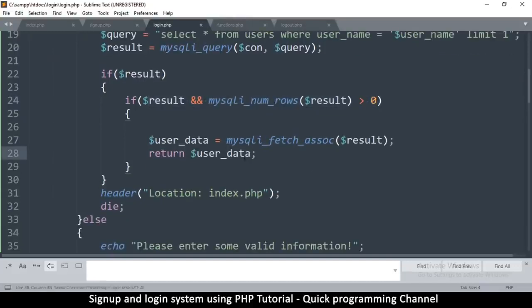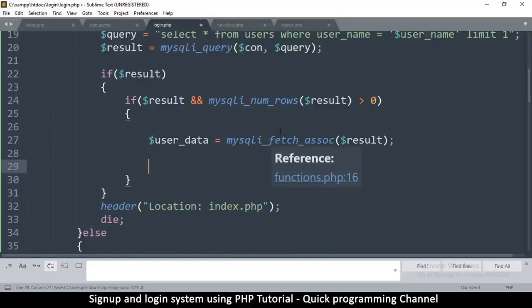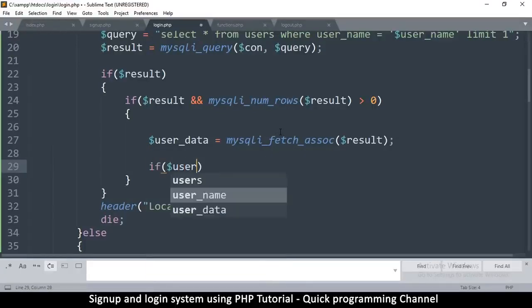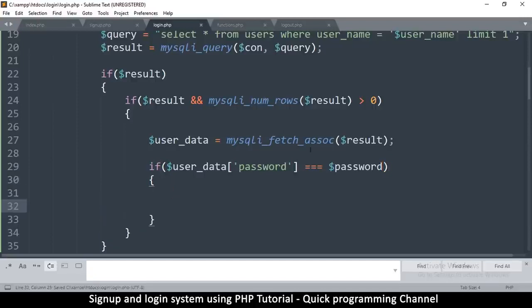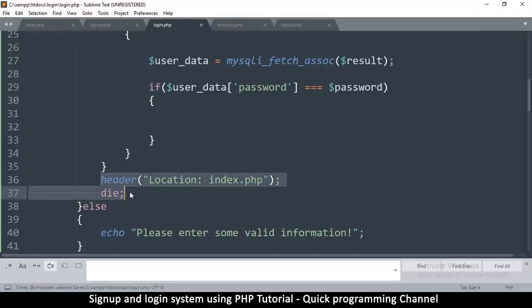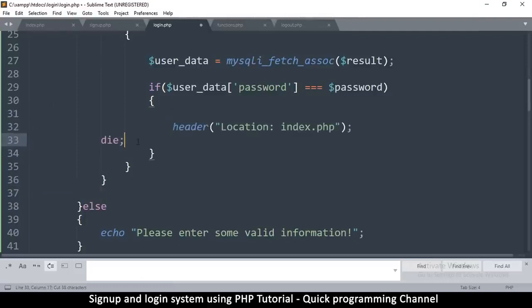So what we will do, if that's true, we will get the user data here from there. So now what we want to do, instead of returning, because this is not a function, so we can't use the return, we want to check if the user data's password is the same as our password that the user has supplied us. So if this is true, then we cut this and redirect to the